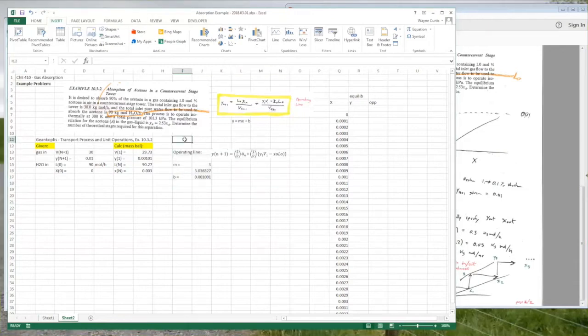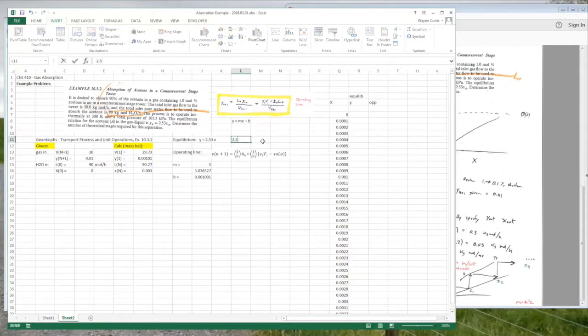And the equilibrium line is simply stated. If you read up here, it's y equals 2.53x. Y is conveniently given in this particular problem, so we don't have to do unit conversions. So with that being the case, I'm just going to create